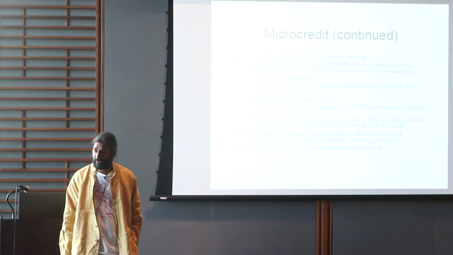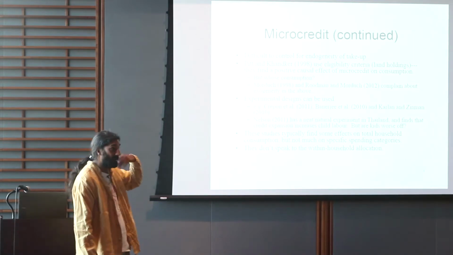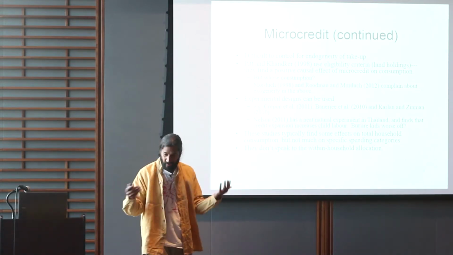One of the problems in this literature that I'm going to be able to take up a little bit is that if you just compare households who have microcredit or credit to households who don't, you're going to be misled because credit take-up is probably endogenous. And there's lots of work on trying to find instruments that are okay, and then there's other work that focuses on experimental designs where you just give up on instruments and instead just say, well, we'll either conduct an experiment or we'll find a natural experiment.